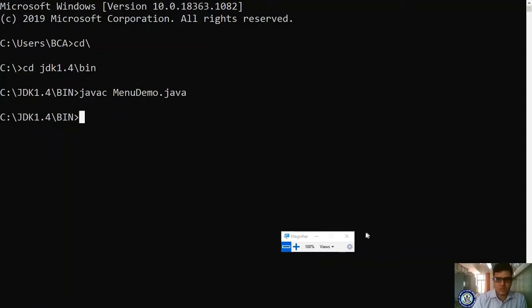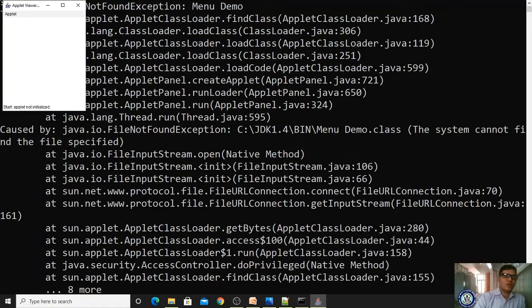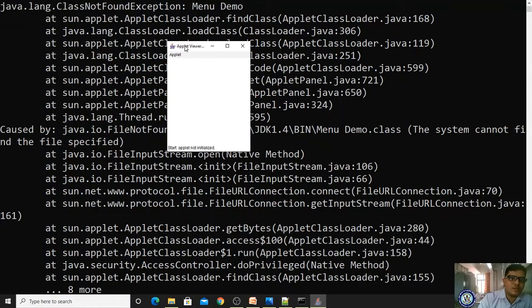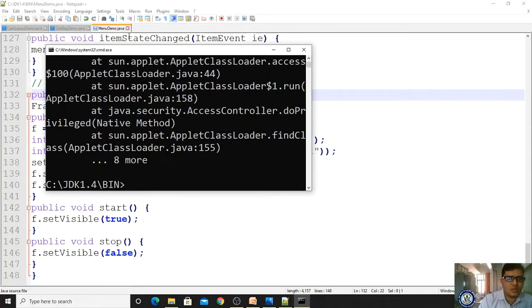Yes, there are no mistakes, and run now. Appletviewer menu demo.java. When you run, the applet is not initialized. Maybe it consists of a mistake. Somewhere it contains a mistake.